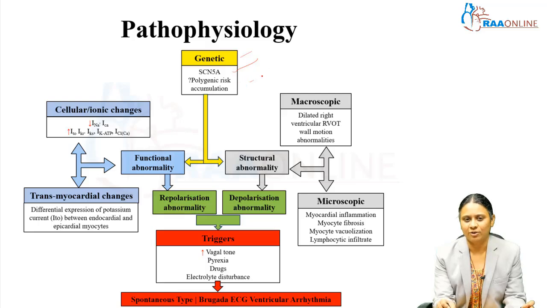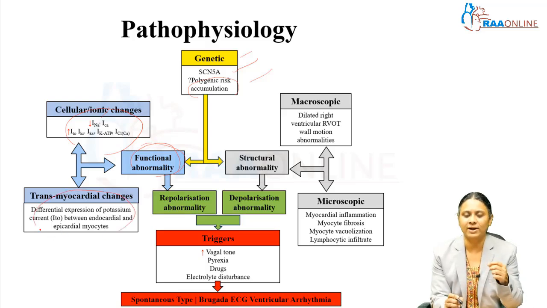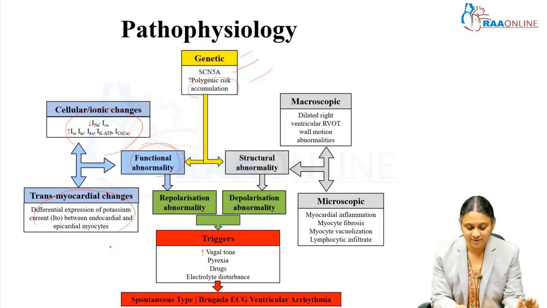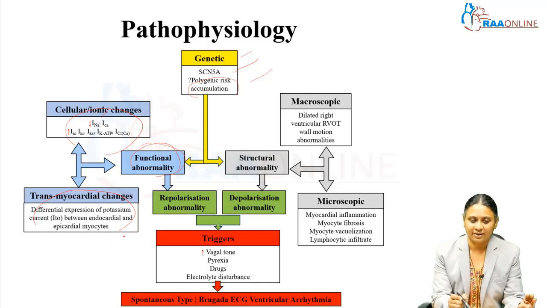It can be polygenic also, and there are multiple environmental factors which can accumulate, for example fever, rise in ambient temperature, and the Brugada provoking risk factors. So, it results in functional abnormality of the ion channels: the INa channel, the voltage gated sodium channel, the calcium channel and the Ito. This is the channelopathy, a functional abnormality. It results in a difference in expression. This is only focal, this is patchy. So, there is a difference in the expression of the,